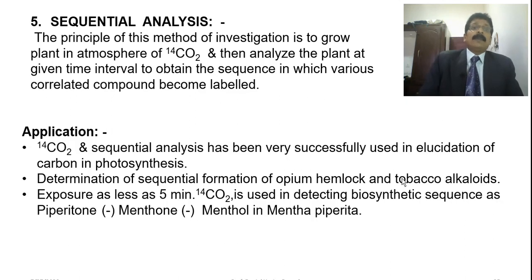Then analyze the plant at given time intervals to obtain the sequence in which various correlated compounds become labeled. So labeling can be done by sequential analysis by growing the plant in an atmosphere of carbon dioxide 14. Carbon dioxide 14 and sequential analysis have been successfully used for elucidation of carbon in photosynthesis,